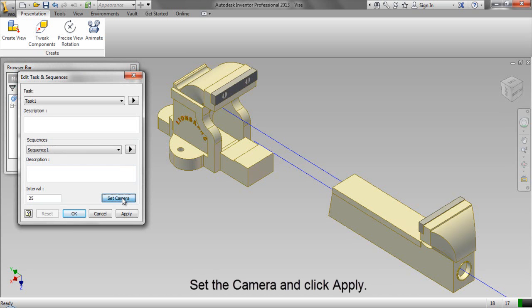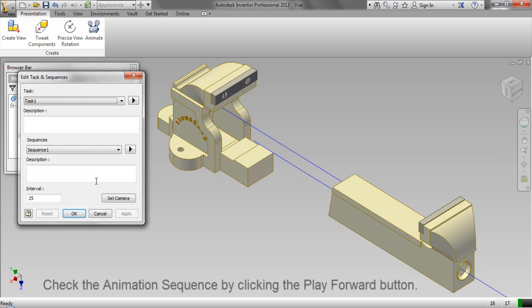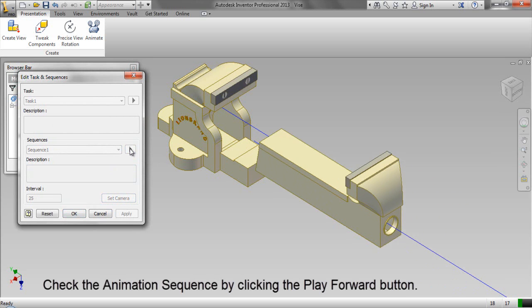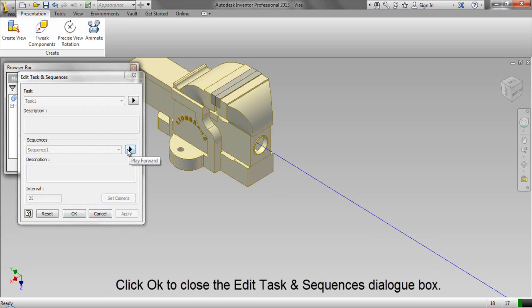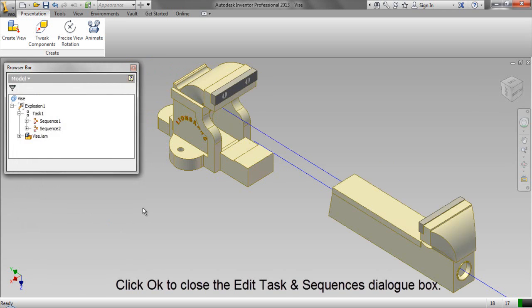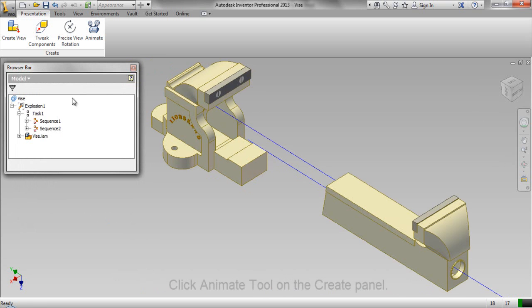Set the camera and click Apply. Check the animation sequence by clicking the Play Forward button. Click OK to close the Edit Task and Sequences dialog box.